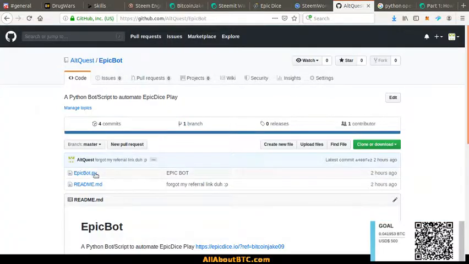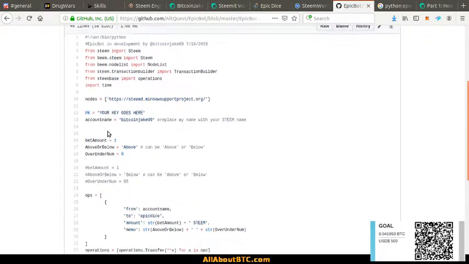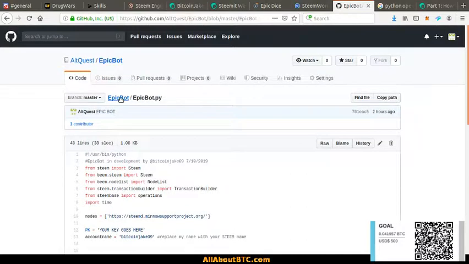Let's get over to the code over here. So I got it on my GitHub. It's EpicBot. Basically, you put your key in here. You put your bet amount if you want to do above. Here's the setup for below. Like I stated in the README,